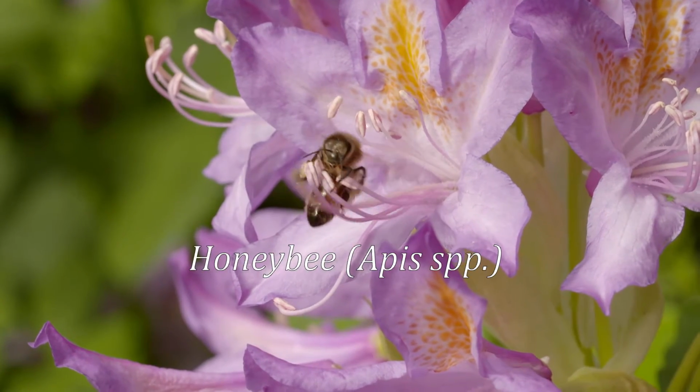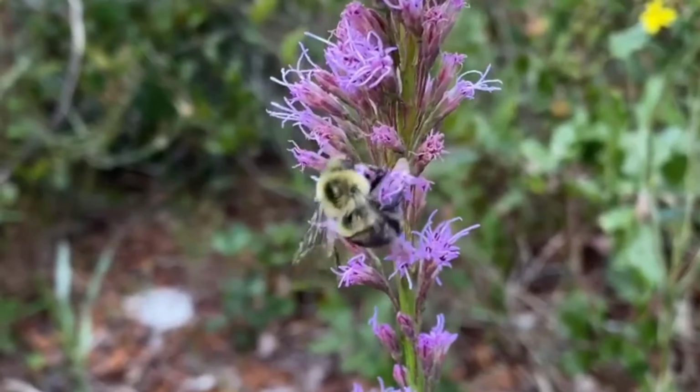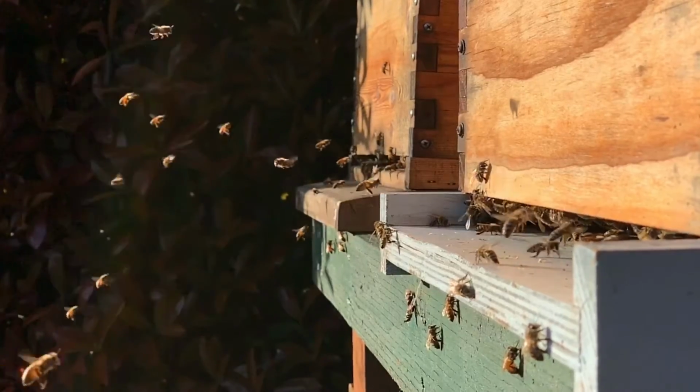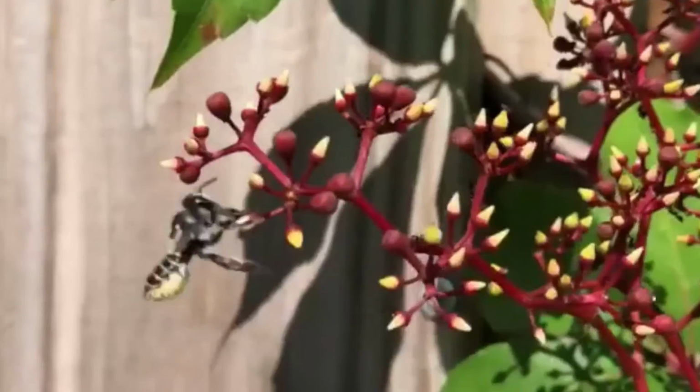The most beloved bees are the Apis honeybees and the Bombus bumbles. These bees are hard-working members of society, being the ones who pollinate our crops and make the honey we eat. Social life is not for all bees though. Some prefer to go solo. Enter the leafcutter bee,